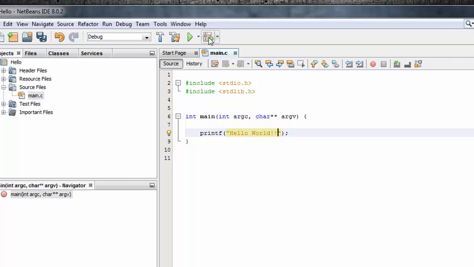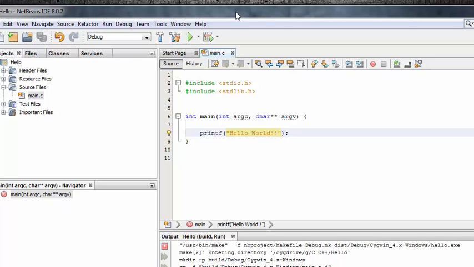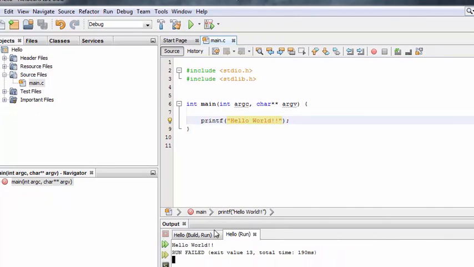You can either hit F6 on your keyboard or click on this. Yeah, here, hello world. So this is our first sample program.